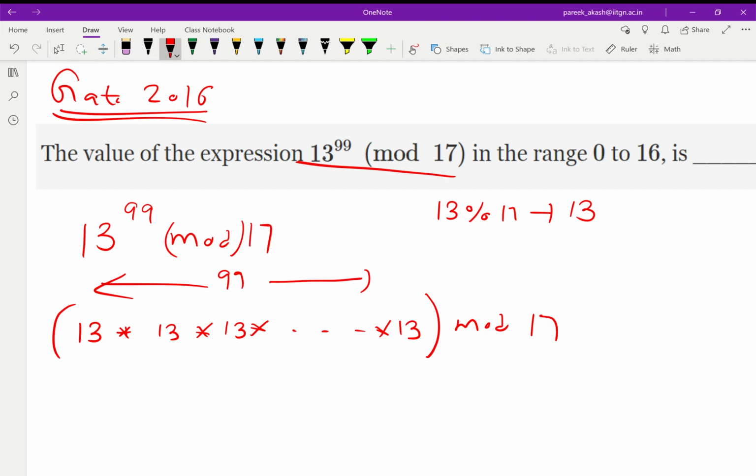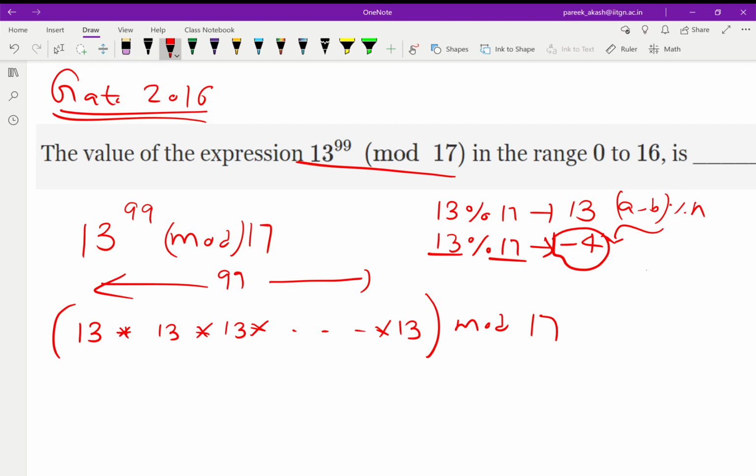But by the remainder theorem, you may also know that 13 mod 17 is minus 4 also, because a minus b mod n, if you do it like this, you will get this answer. So 13 mod 17 can be written as minus 4. One way of looking at it is that you can just subtract, because if we have, suppose, 2 mod 2, that means 2 minus 2 is 0, so we can say that they are divisible like that. So 13 mod 17 is minus 4.